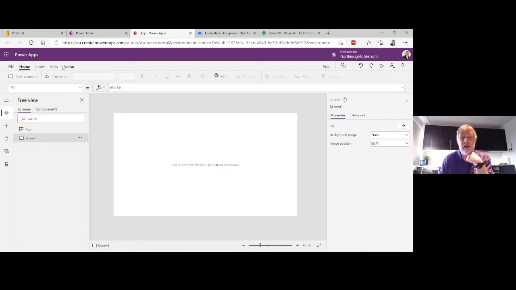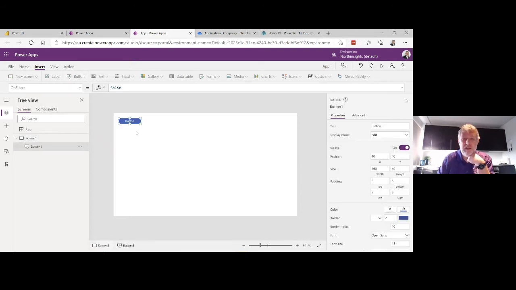And then up here, I have actions. I can do things. I can insert things. I can view things, and I can add actions. So we're going to start simply by adding a button, because that's what we said before. We want a button that can fetch the user's location. So I'm going to add a button, and Power Apps will just simply put it somewhere.